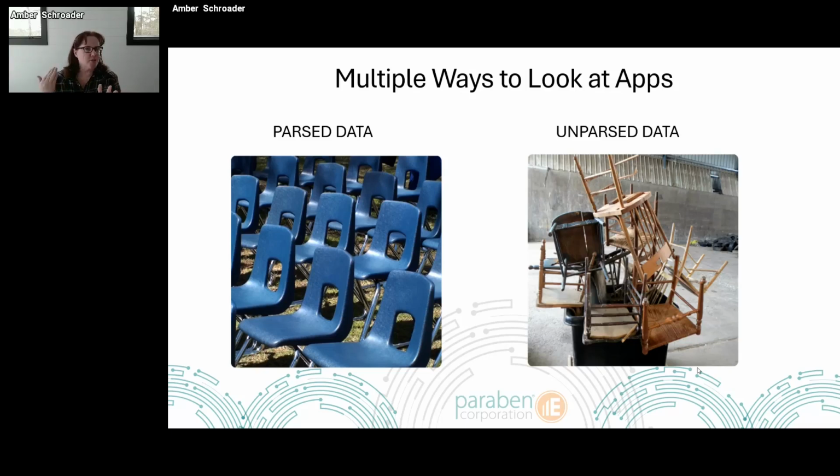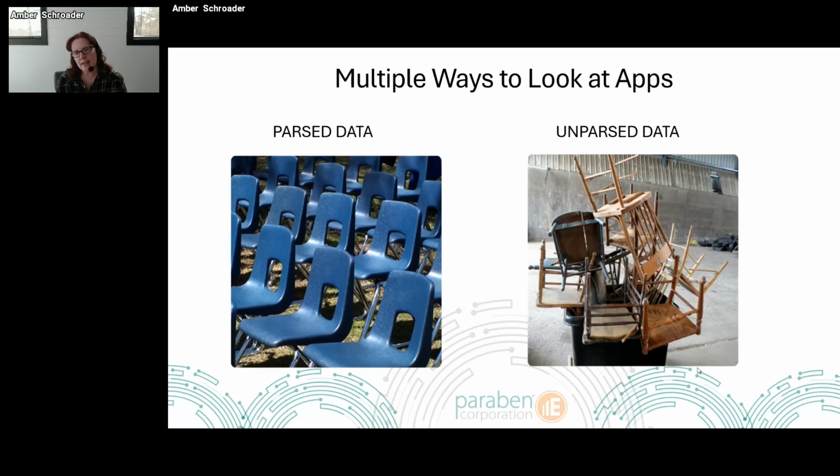So parsed data is those neatly lined up chairs. Each one of those chairs could represent a different data source. One line of those could be all the SMS messages, another might be the MMS messages, and another might be the RCS messages. Or you could look at it the same way and say all those chairs represent my contact address book, and each chair is a different individual I might know. I know Kevin, I know Megan, I know Ralph, and there's specific metadata about each one of them in those chairs.